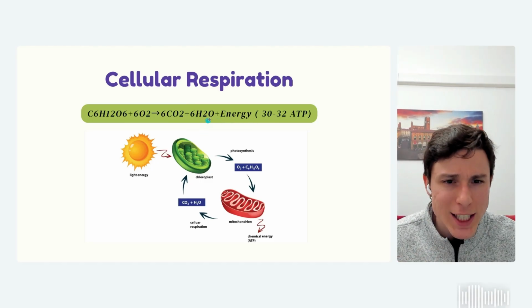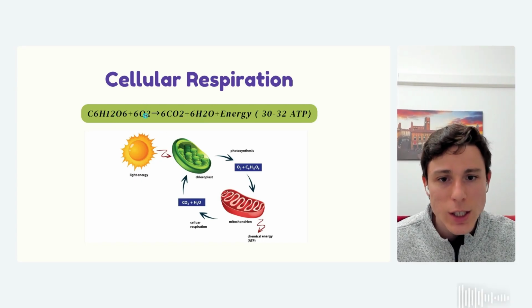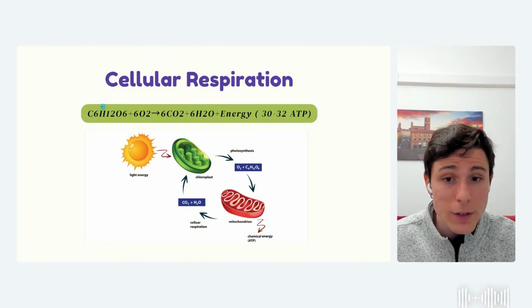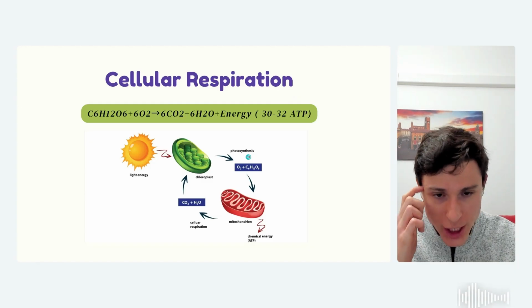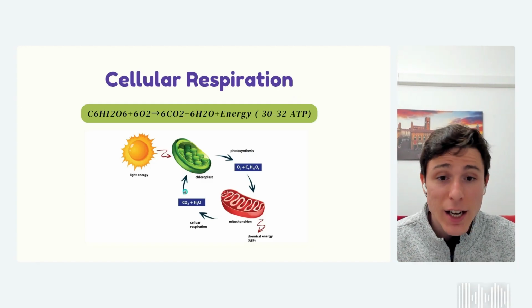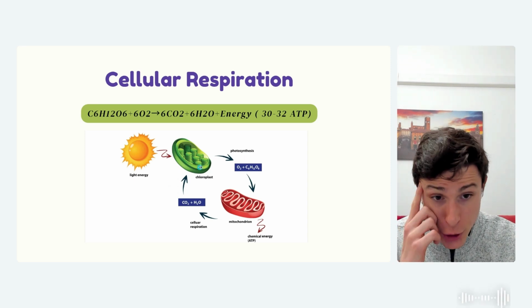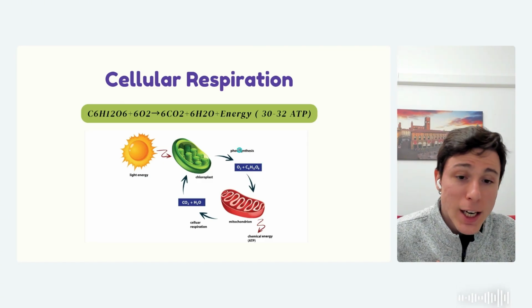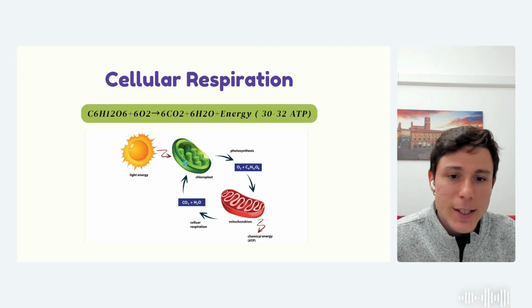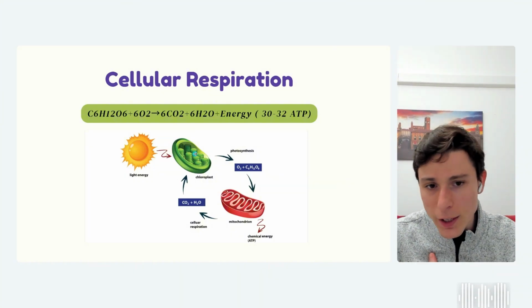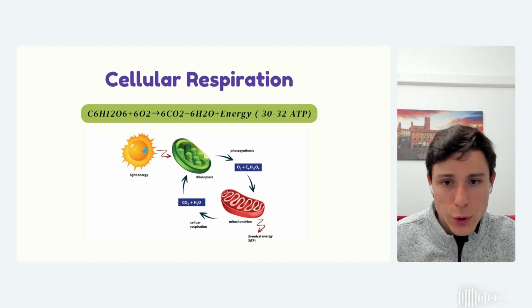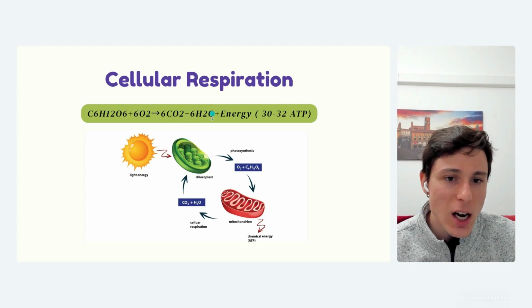Something maybe interesting to mention is that the oxygen in the water here is not coming from the carbohydrate but from the oxygen here. I know this could be counterintuitive, but the oxygen in the CO2 does not come from here but from the carbohydrate. Now another thing I want to mention, I know the IMAT does not ask a lot about photosynthesis, but it's good to have the big picture here. The carbohydrate that our mitochondria, our cells, use to produce energy comes from the plants at the end of the day. Because this little guy here, the chloroplast, is an important organelle from plants, and it uses CO2 to produce glucose. So it does exactly the opposite reaction.